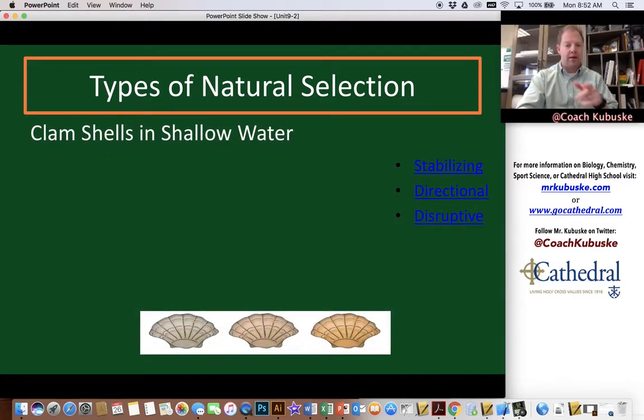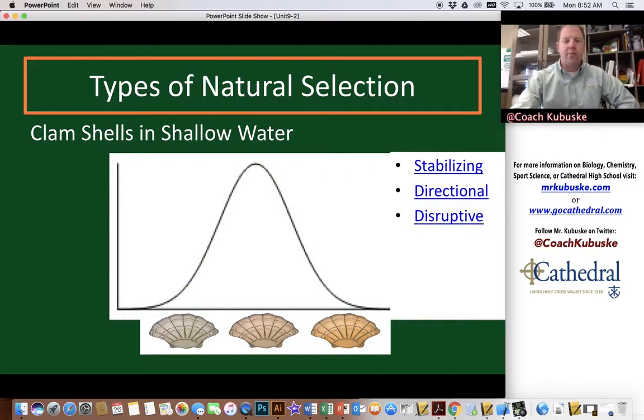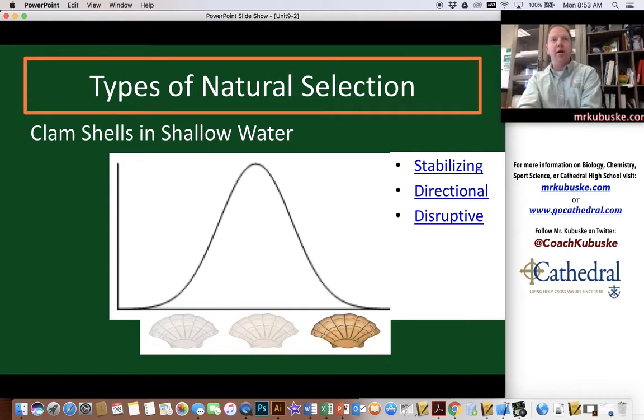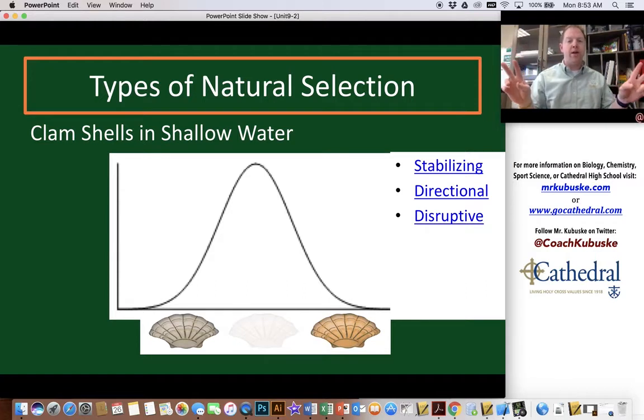What about these shells here, clam shells in shallow water? Well, I wish I could draw a picture. I should have gotten one of my dry erase boards. But in this situation, we've got 3 different shell colors here: dark shells, average, and then a lighter shell. The lighter shells have a better chance of survival in shallow water with a lot of sunlight on it, whereas the dark ones would stand out in the bright sunlight. At the same time, where it's shady, the dark-colored shells are the ones that have the advantage, and so they have a chance of surviving there. So we have 2 different variations of the same population that have a chance of survival.